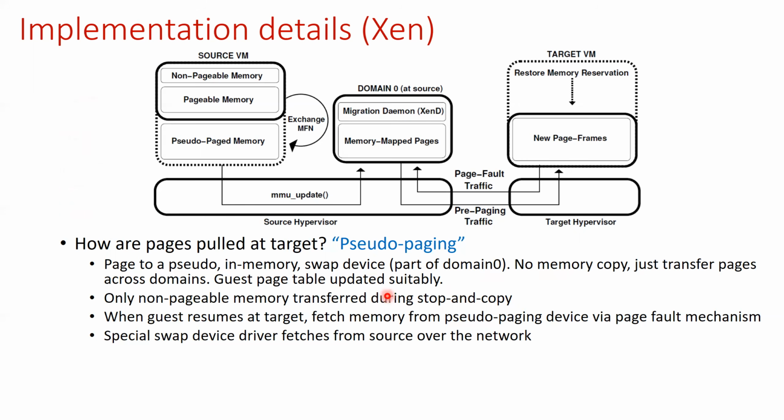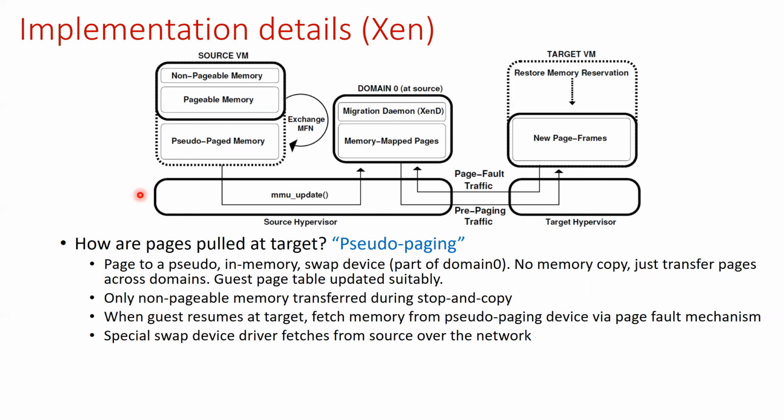There's no copy. You're just transferring pages. A page that belonged to the guest domain, you transfer it to domain 0 and assign it to a pseudo device, and the guest page table will automatically get updated, indicating that this page is no longer assigned a physical frame. It is actually on the swap device. So you force the guest to swap out all memory that is pageable. Note that some memory is not pageable. Some important kernel memory you can never push to swap; it's always pinned in memory. Such memory will of course stay. The rest of it will be paged to a dummy device.